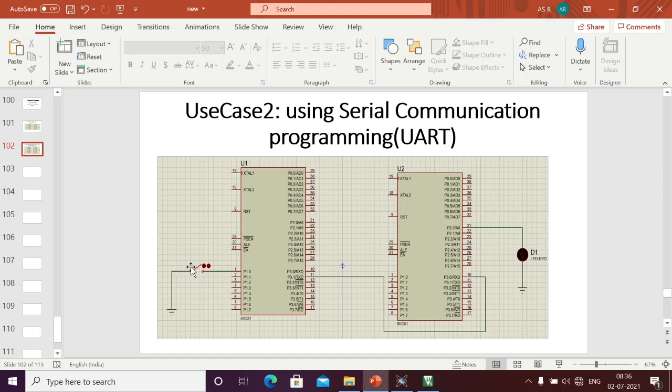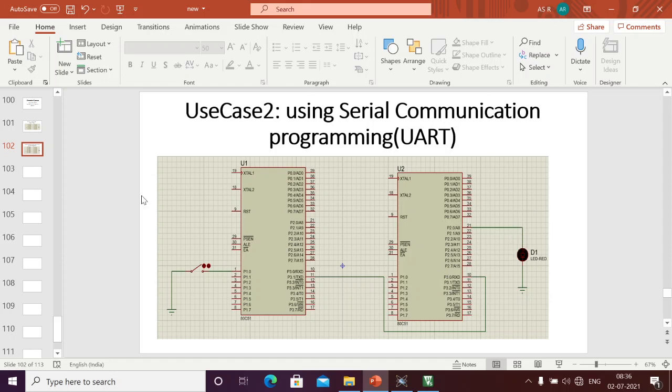And here if I press the switch, I am going to send some data from this microcontroller, like always I am going to send the A character. If I receive the A character at the second microcontroller, I am going to turn on the LED. For example, if I want to turn off the LED, I should send some other data to this microcontroller. Okay, for example, if I open the switch, I am going to send B from this microcontroller. If I receive the B character, then I will turn off the LED.